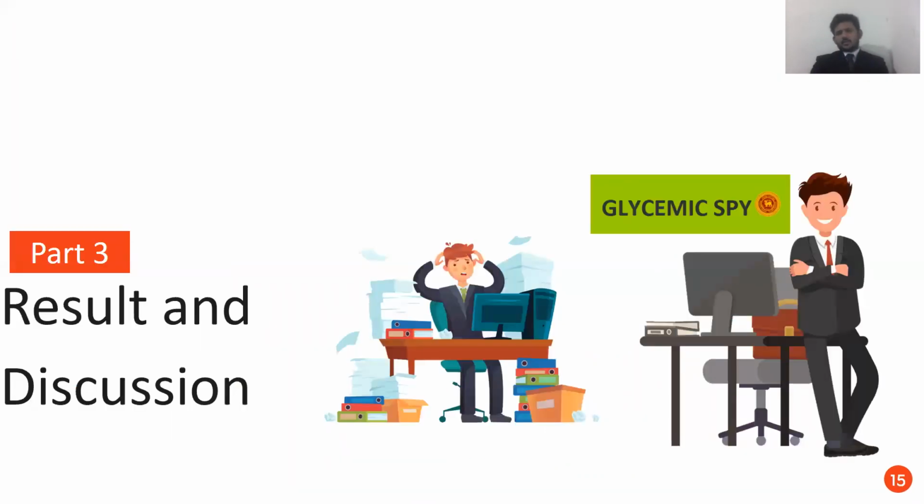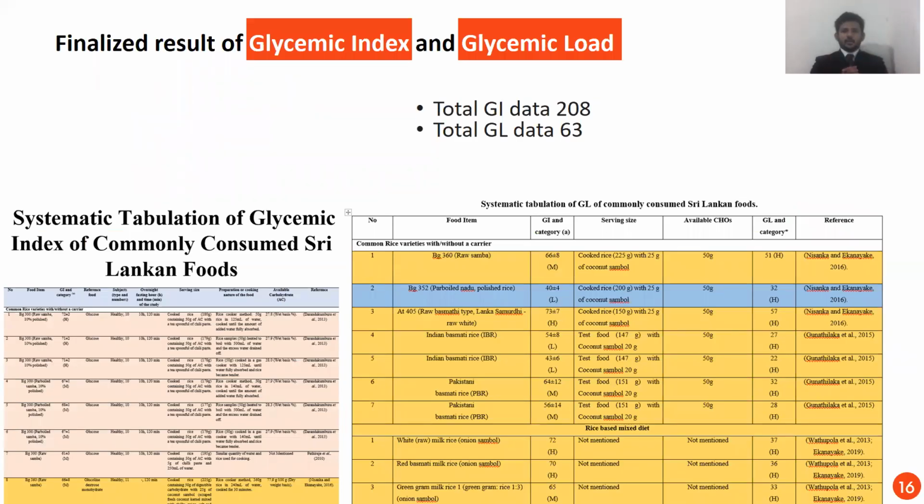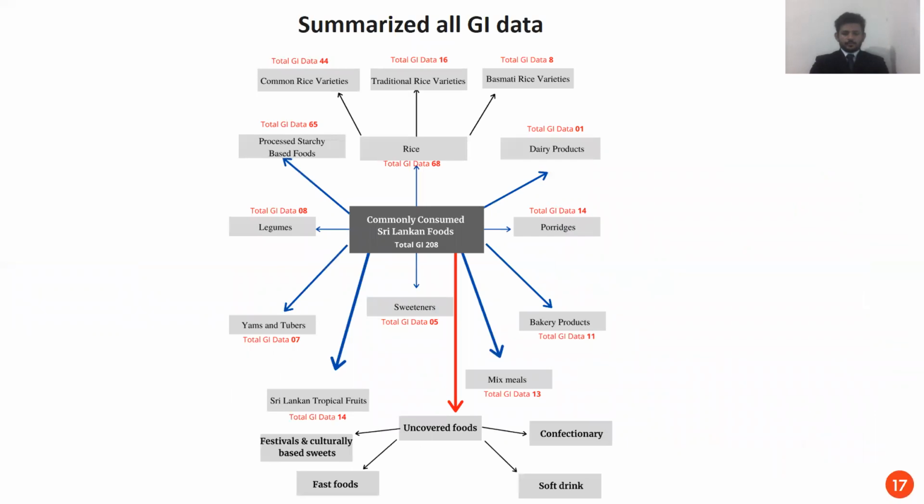So let's discuss the results and discussion part. With all my hard work, I tabulated 208 glycemic index data and 63 glycemic load data. Here you can see the diagram summarizing all the GI data. Especially you can see here the rice